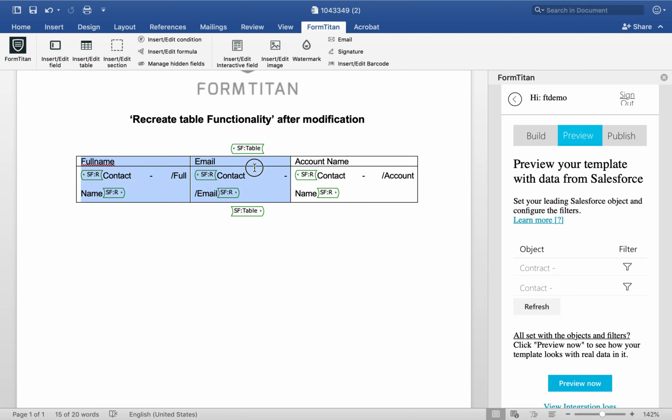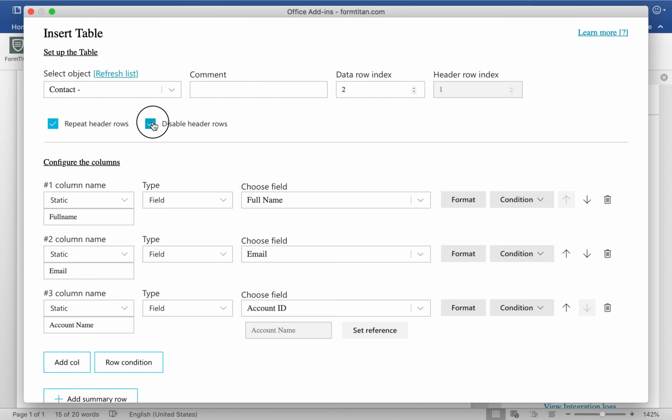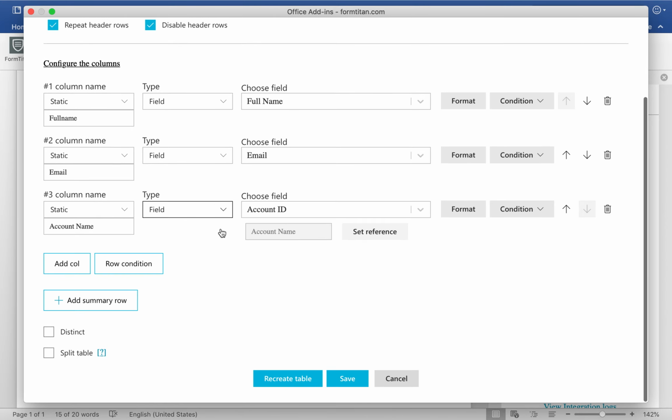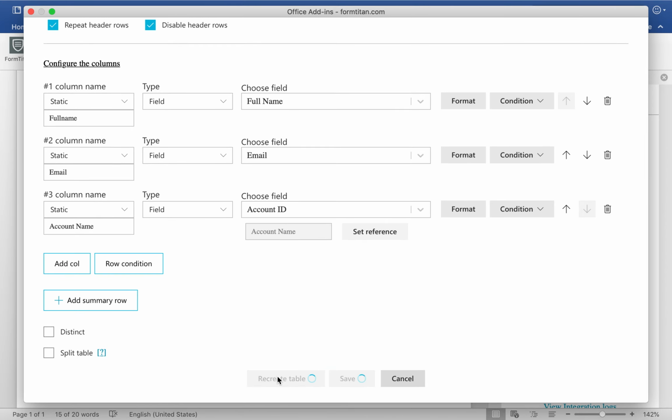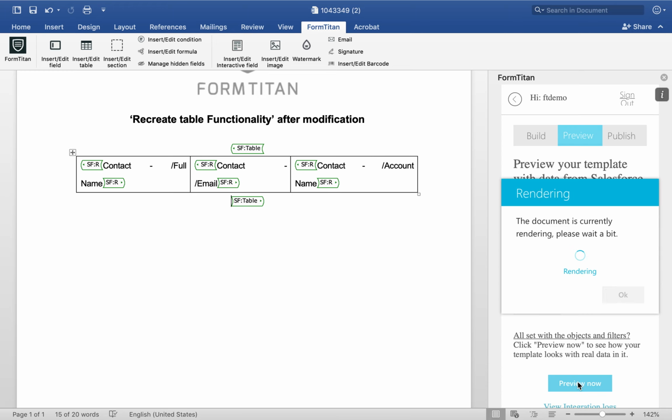It's still there. So what you need to do in order for this to work is you need to click on insert/edit table, and once this is checked, you need to click on recreate table. This will recreate the modification of the table again, and now you can see that the headers are now fully disabled. So if I preview now,